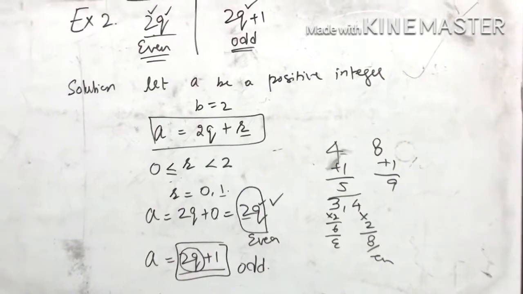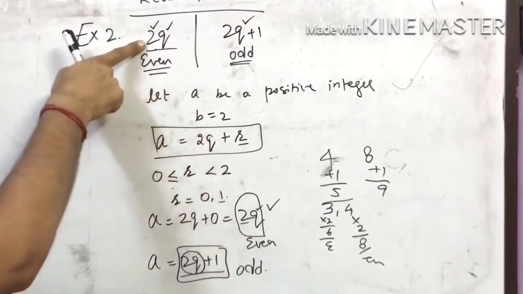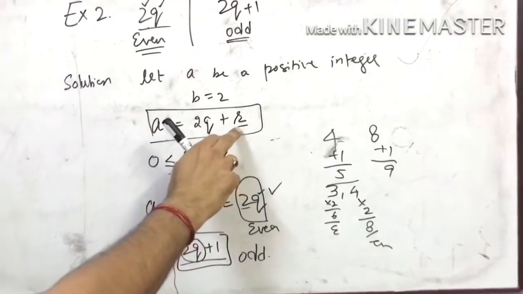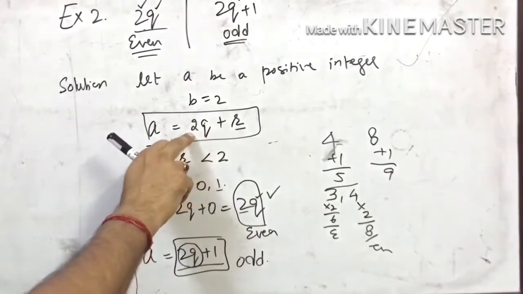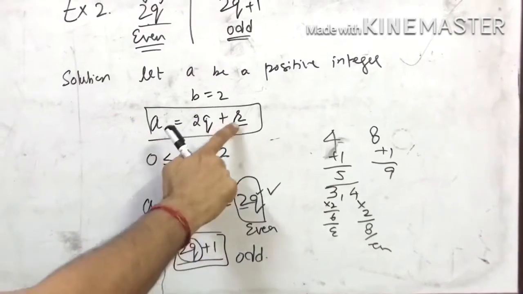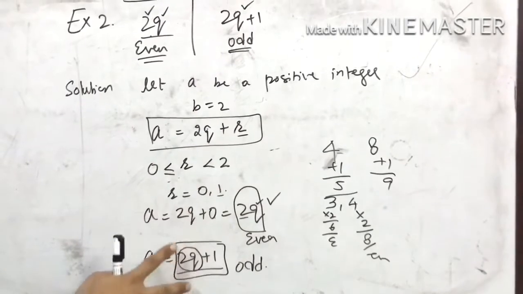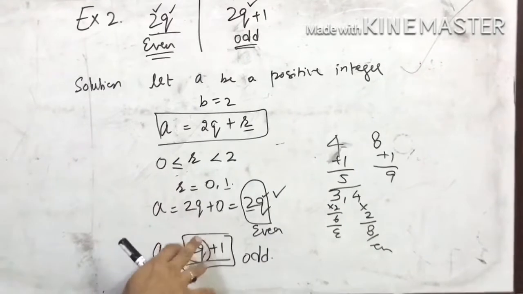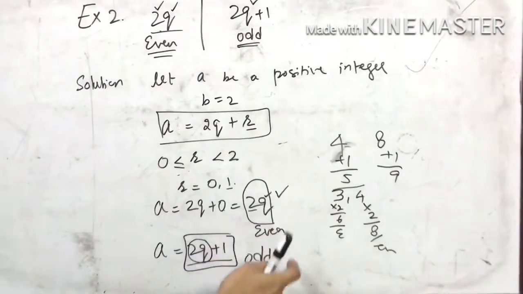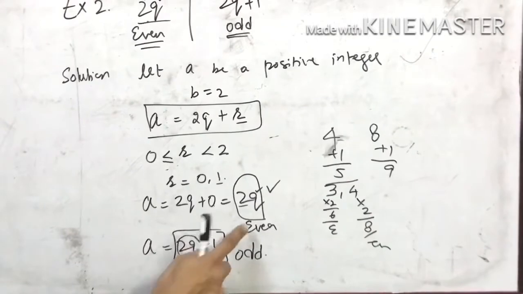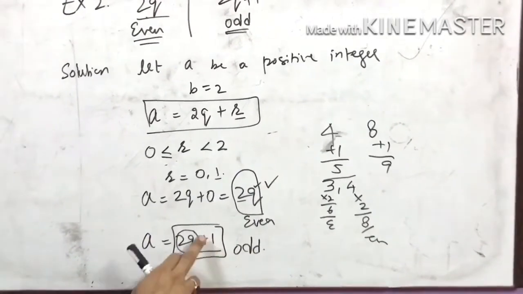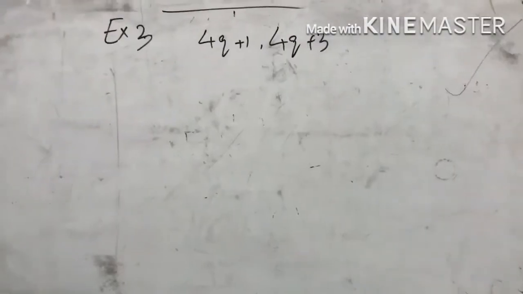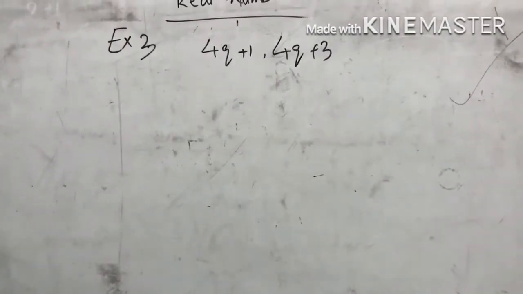When a is any positive integer, by Euclid division lemma, if value of b is 2, by the lemma you can write down a is equal to 2q plus r. So our value of r will be either 0 or 1, less than 2. So you put this value of r one by one here, so you will get two equations. So by common sense, you know double of any integer is always even because you are multiplying it by 2. So this is even and this is odd. If it is even, it is proved. Then when you are adding 1 to it, so when you are adding 1 in an even integer, you will definitely get odd integer.